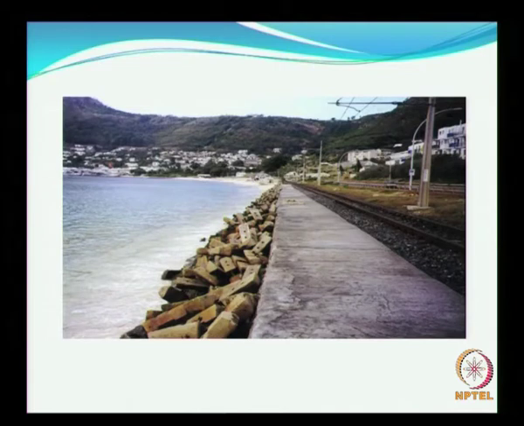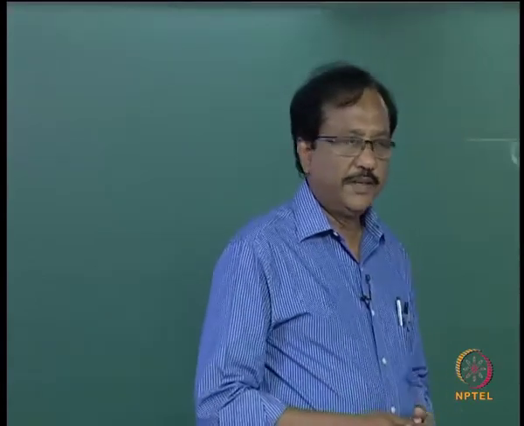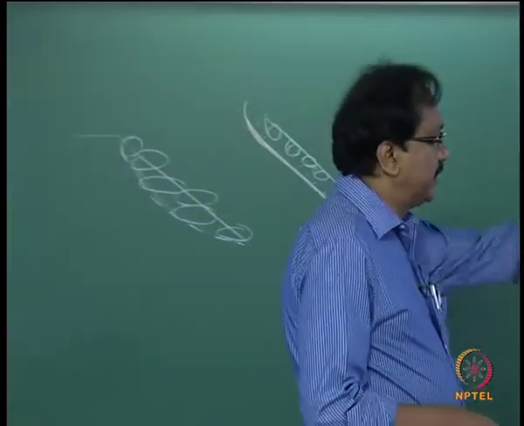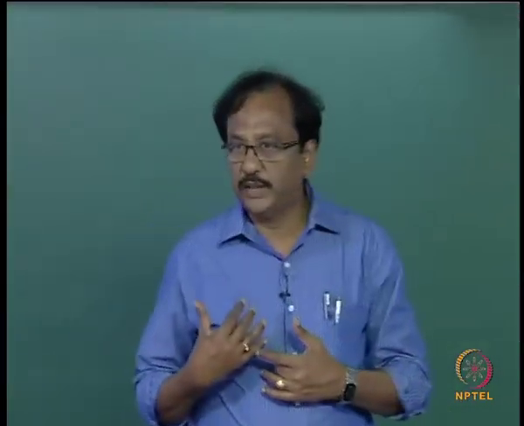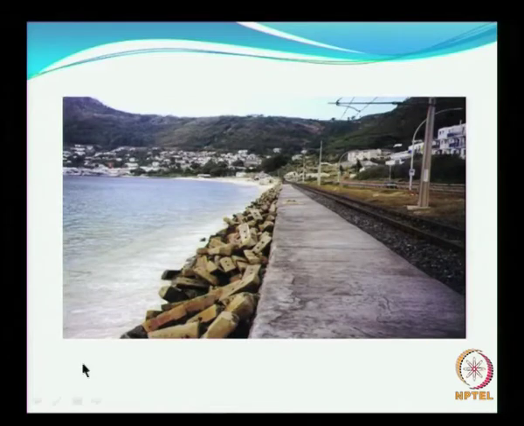So this is a typical photograph, somewhere in Cape Town in South Africa, wherein this is a railway line, and they wanted to change this railway line. The sleepers were not in good condition, and they wanted to get rid of the sleepers and renovate all the sleepers of this railway track. What they did, instead of dumping them somewhere, is use them along this as a protection measure.